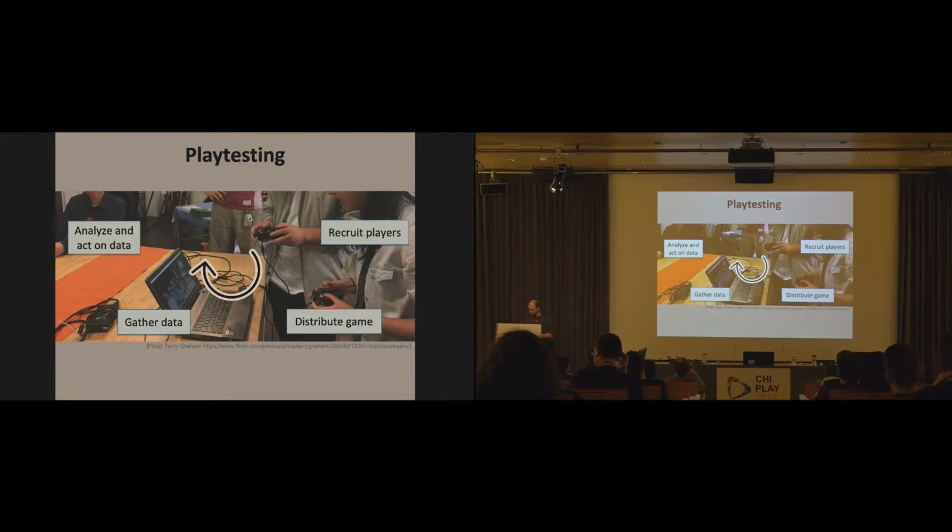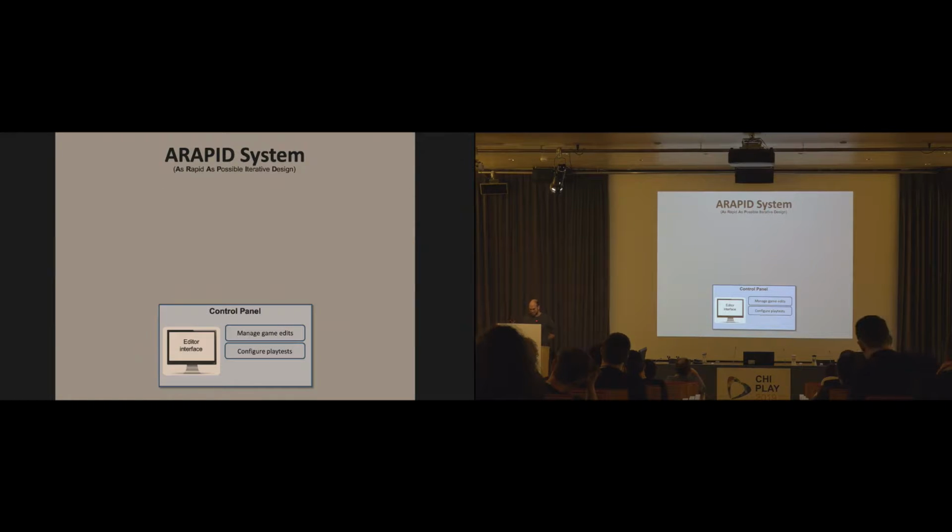We found that there are many tools that exist for different parts of this playtesting pipeline, but it's often up to individual designers or teams to assemble these tools into something that they can use for their game as needed. So we were wondering what could happen. What if you could basically just push a button in your level editor, and all of this would happen automatically? That was the goal, and to explore this possibility, we developed a system